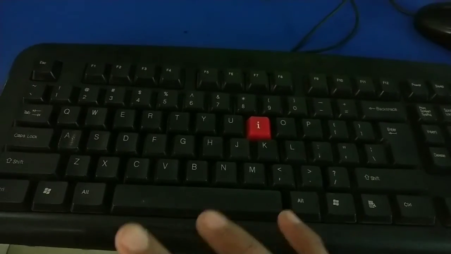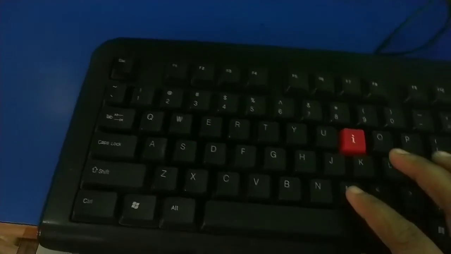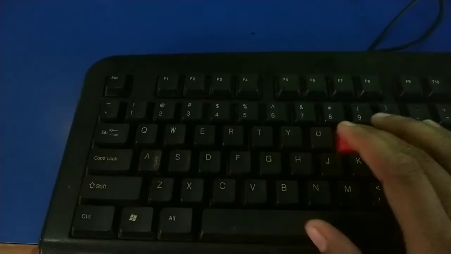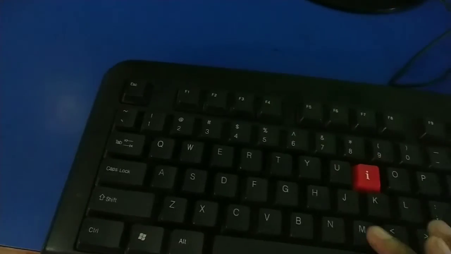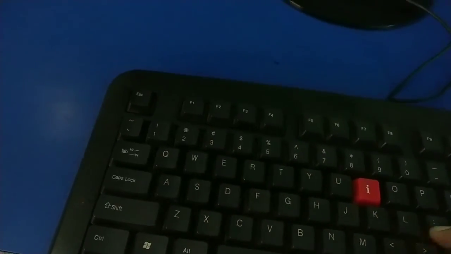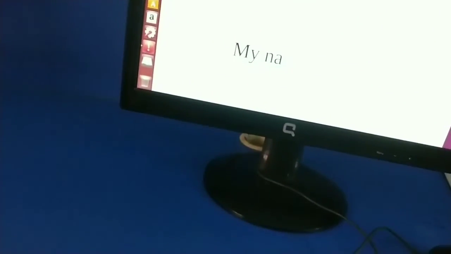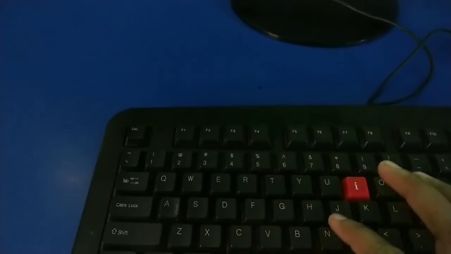I am going to use all the keys and type a sentence. My caps lock. NAME. Wrong. Now we use the backspace key. Look, my name is.